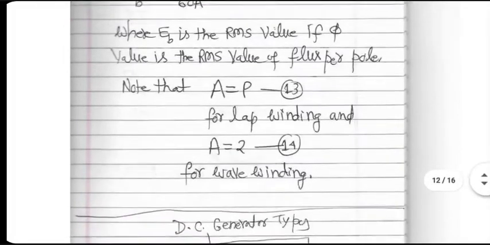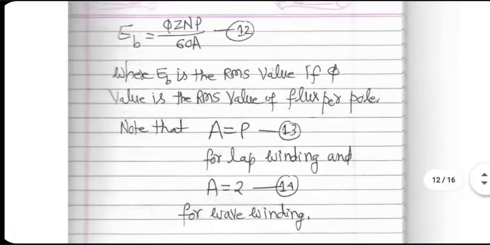For the other kind of winding, wave winding, only two parallel paths are used. That is the standard. So then you put capital A equal to 2. At least that much you can take right now without having to go through all the detailed drawings for lap winding and wave winding. So this equation, along with A equal to P for lap winding and A equal to 2 for wave winding, should be used for calculating the EMF generated from a typical DC generator.